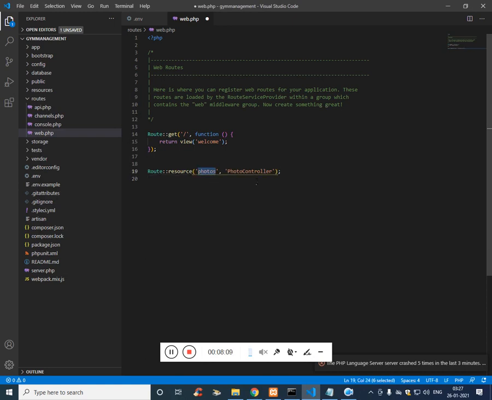So let's create this for trainer, and the controller for trainer is trainer controller, which we have created just now in the CMD. The same way, this is member and this is member controller.